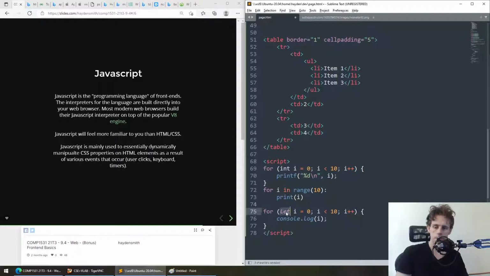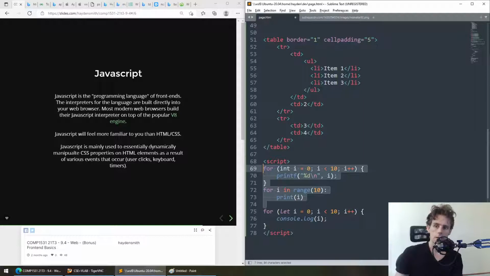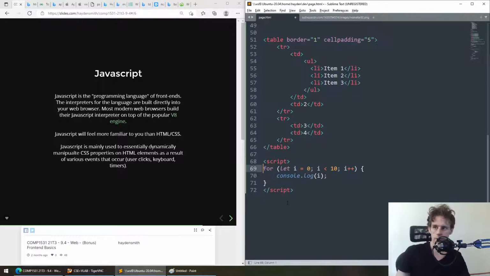In JavaScript, there's only really two ways to declare a variable. One is with the let keyword and one's with the const keyword. And let just means it's like a Python variable you can modify. So there's actually a sense of const variables in JavaScript, unlike Python. Like in JavaScript, you can say const a equals 5, and if someone tries to modify that, JavaScript actually throws an error. So this is JavaScript here, except you notice that instead of printing, I'm actually doing this thing called